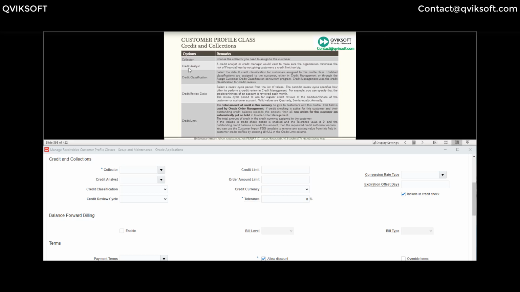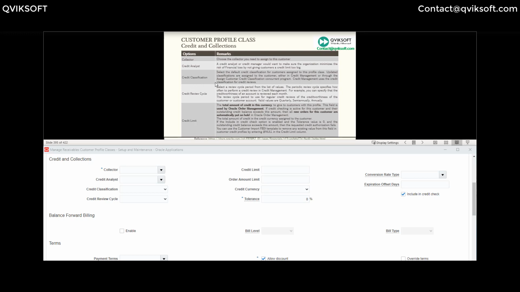You also assign a credit analyst. Credit analysts are basically in a bigger organization where you have a credit management department, and they have credit analysts assigned for each customer. The role of this credit analyst is to minimize the risk of financial losses by not giving a customer credit that is too big. Sometimes a customer keeps asking for your goods, and you keep giving them on credit, and if you do not control the credit risk, then chances are you will be selling too much to them, and if they don't pay on time, there can be a big impact on your business as well, because collection is as important as selling to the customer.